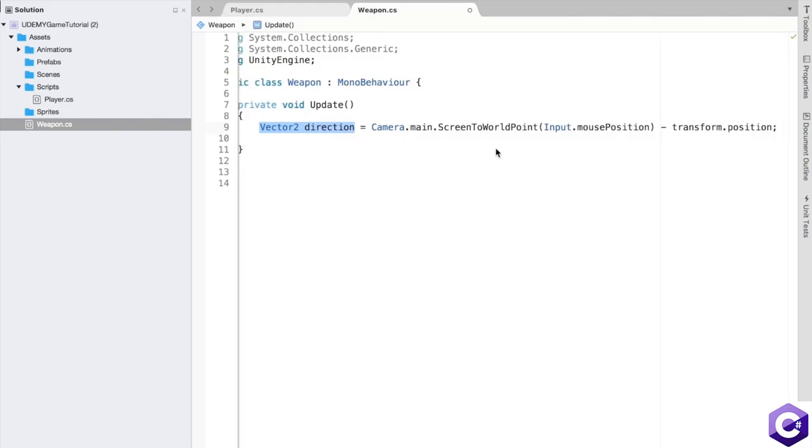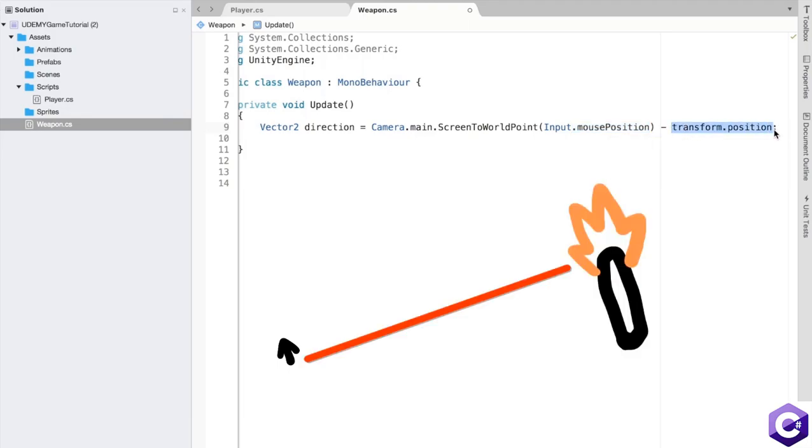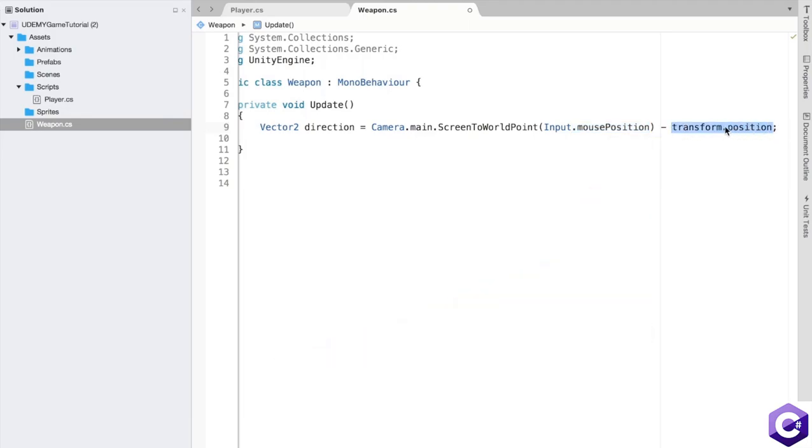Alright, so the first thing we're going to do is to make a Vector2 direction variable, and it's going to be equal to the direction between the mouse position and the weapon's position. So to calculate a direction, it's very simple. You just have to subtract the two values together. So we're subtracting the mouse position and the current weapon's position, and we have to wrap the Input.mousePosition inside of this